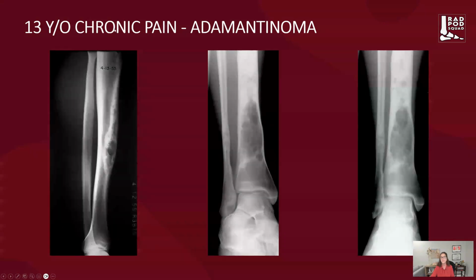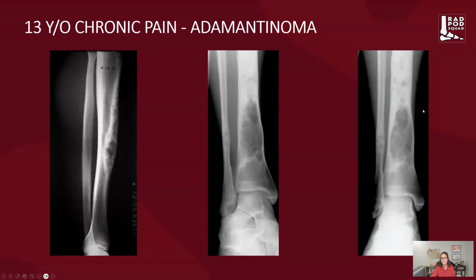This example of a 13-year-old with chronic pain in this adamantinoma, seen 1955, old plate, very rare lesions. We can see this sclerotic, bubbly, lytic lesion occupying a very long section of the tibia. Seen here in frontal projections, we can see this sclerotic, very irregular bone, and then this very lucent region here. Notice there's also involvement across the interosseous membrane and involving the fibula, a point that makes this no doubt an